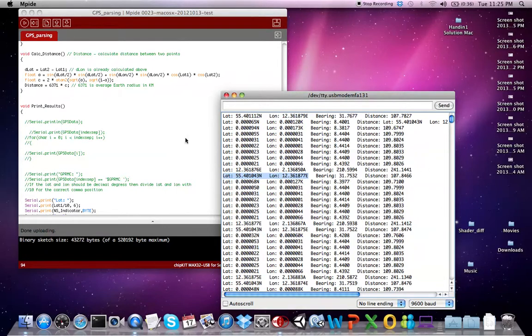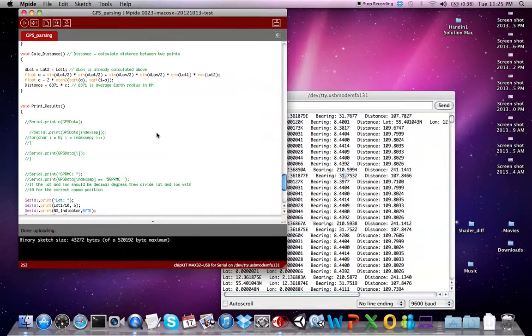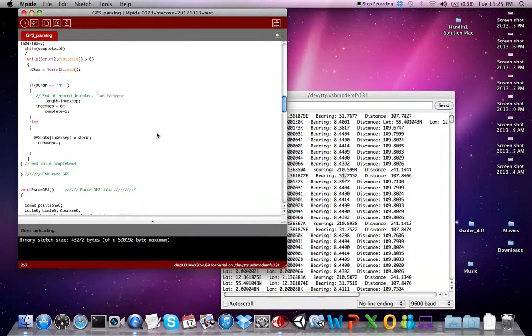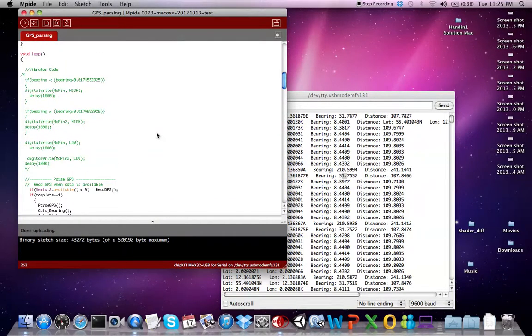This is done again in the program, and also the bearing to the point is calculated here. What we want to do with the vibrators is, if this changes positive or negative more than 1 radian, then it has to vibrate in the handle. This has not been implemented completely, but it has been exemplified here under the vibrator code.